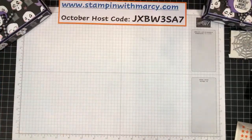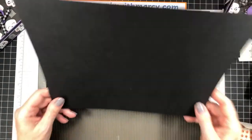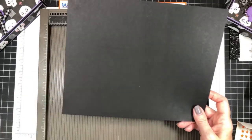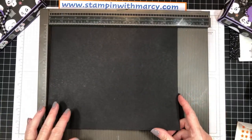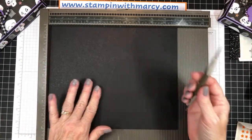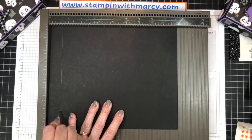So let me bring in my scoreboard. Get that out of the way. All right, so you need to be able to see. All right, so we have a piece of 10 inches by 8 inches basic black cardstock. Depending on the color, the cardstock is what your box is going to be. So this is an 8.5 by 11, just cut down. Easy peasy. All right, so on your 10-inch side, you are going to score at 1 inch,